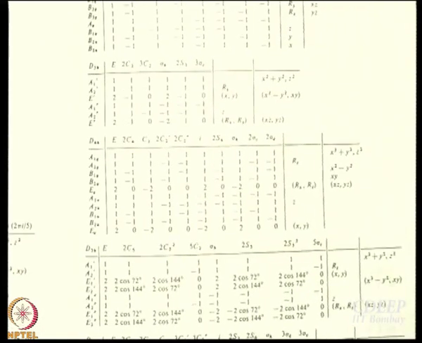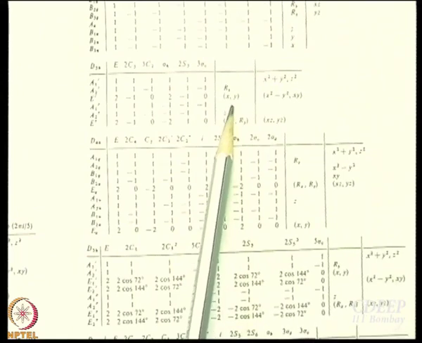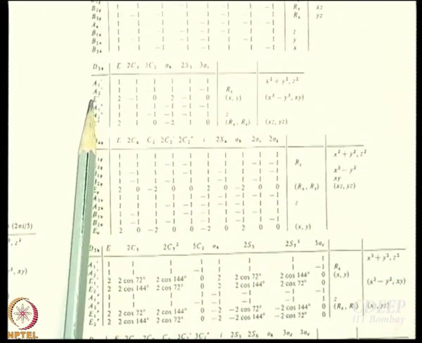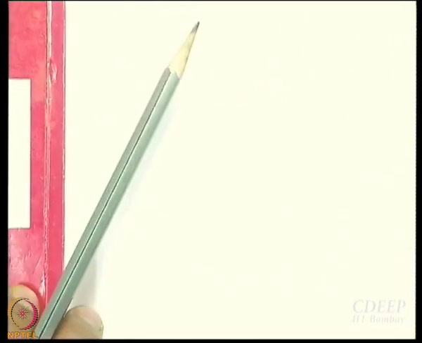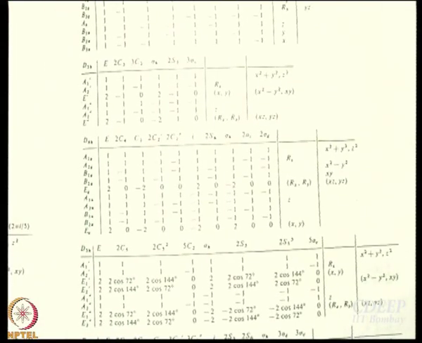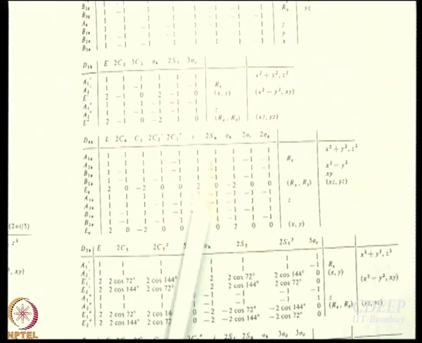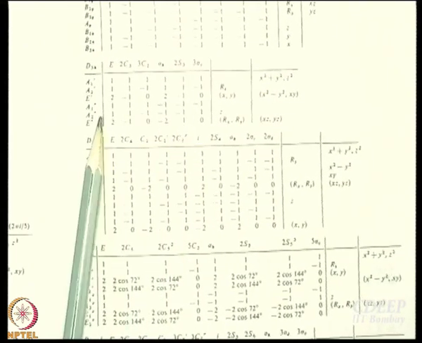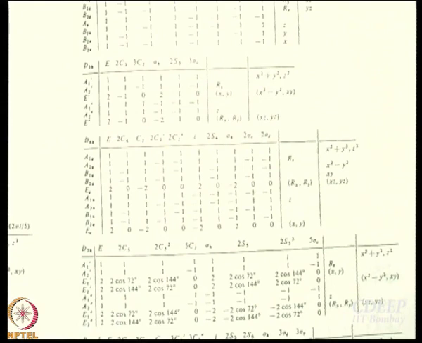So, D3H, can you see? Now see, for D3H, X and Y jointly form a basis for E dash, right, and what was your answer there earlier? 3 E dash was there. So, out of that 1 E dash goes for translation along x direction and y direction. Where is Z? Z is A2 double dash. Do you have A2 double dash in that expansion? You do. There are 2 A2 double dash. So, one of them goes for translational motion Z.